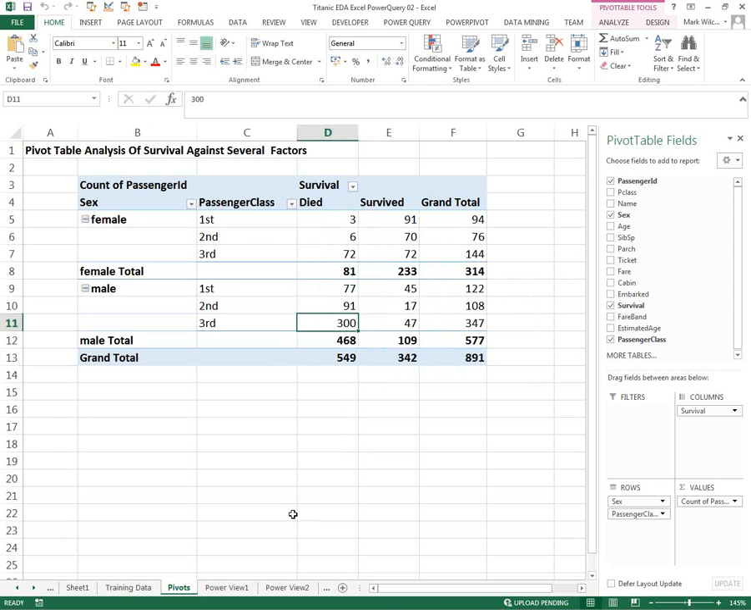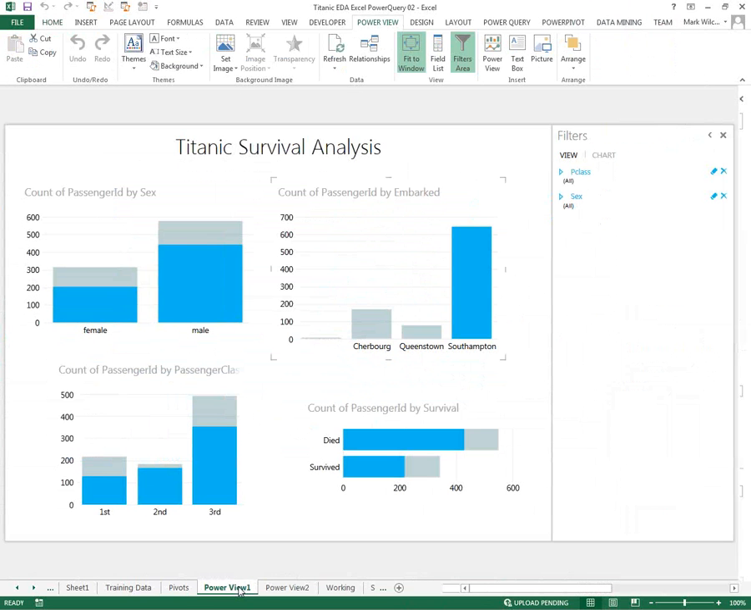Pivot tables are well and good, but sometimes it's quite hard to see the patterns in them. So of course, what we can do is look at a couple of Power Views. And again, this is a Power View on the same data. Now, this looks like quite a boring visualization. All it is is a few bar charts showing passengers by gender, by embarkation point, and by passenger class, and then